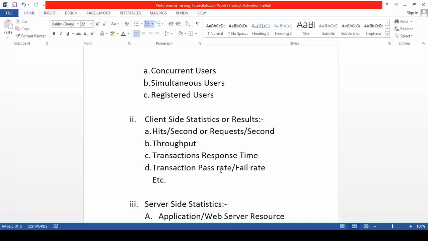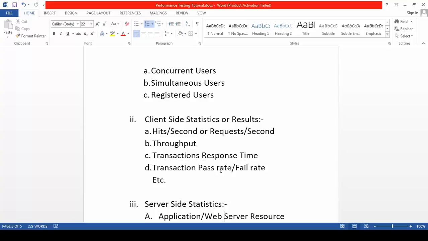That means if the protocol is HTTP or HTTPS, via which there is communication from client to server, then the number of HTTP requests that are going from the client to the server side in 1 second is the requests per second or hits per second.